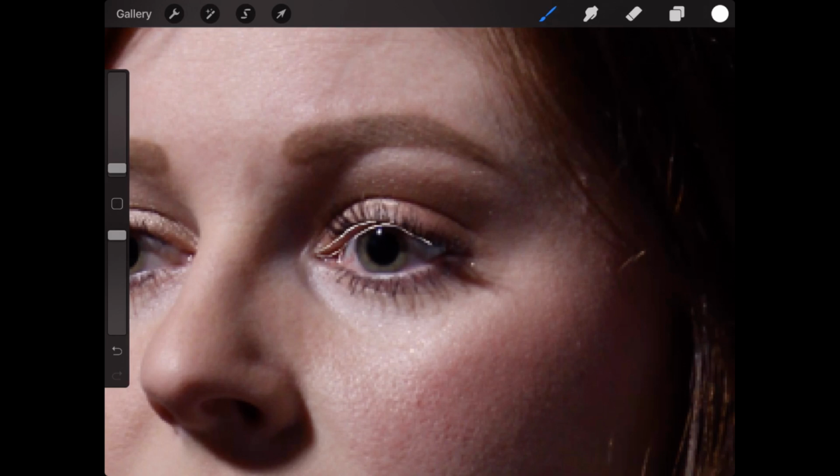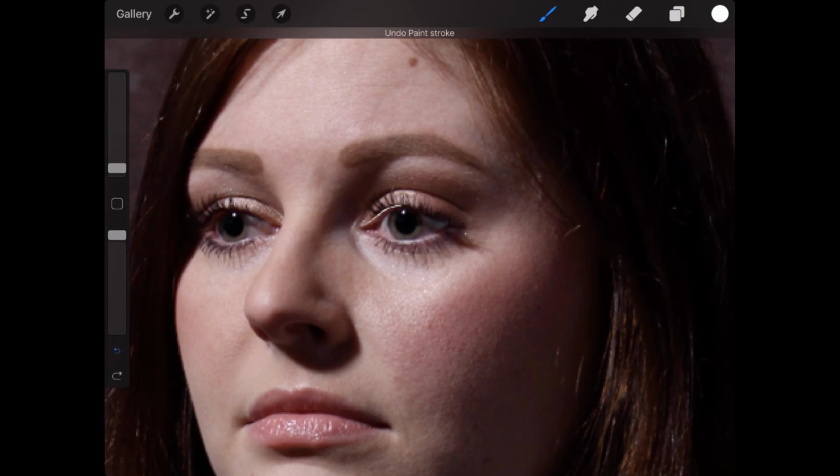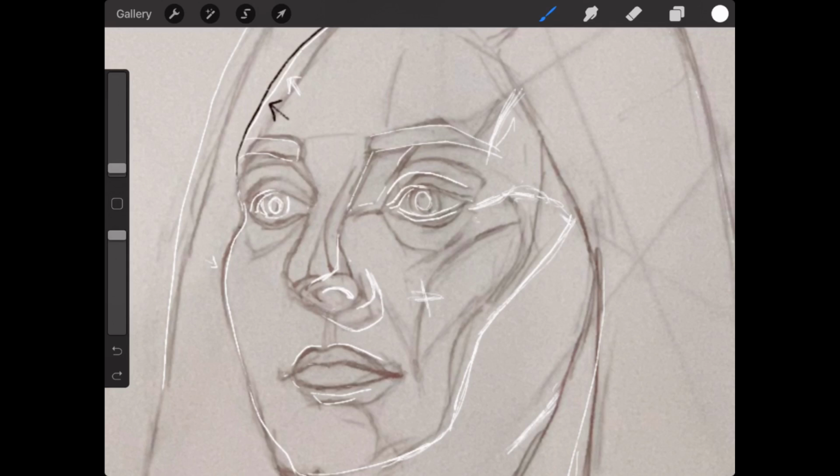You don't see it as it turns this way. However, on the bottom lid on this one, you see it almost the whole way around. So you want to make sure you're drawing it like that. It might feel a little odd, but it's a reminder for when you're in the painting stage to paint those planes in. And that's the hardest part about painting the eyes, is those plane shifts that are very, very abrupt and very subtle.